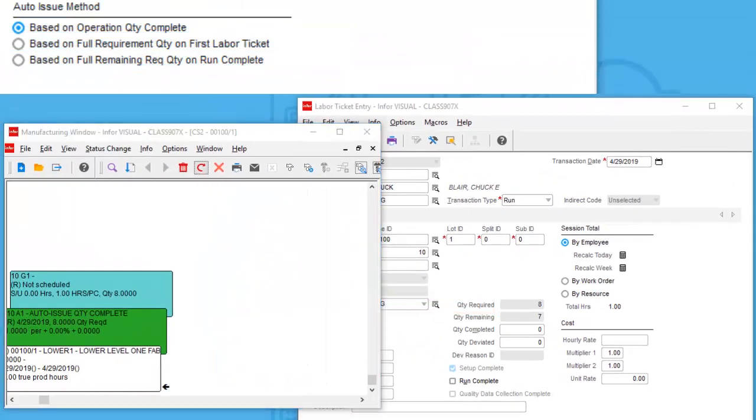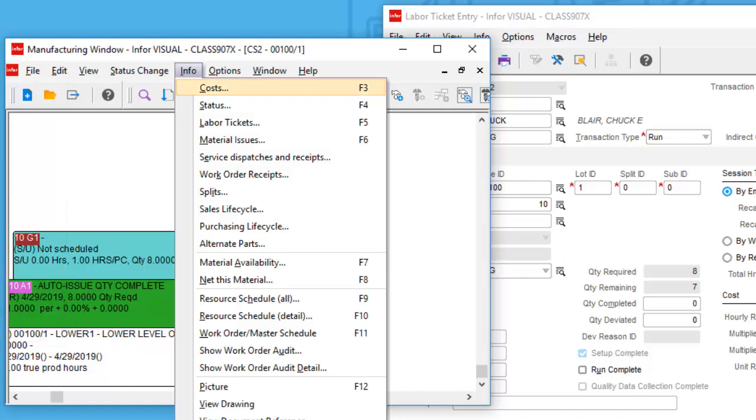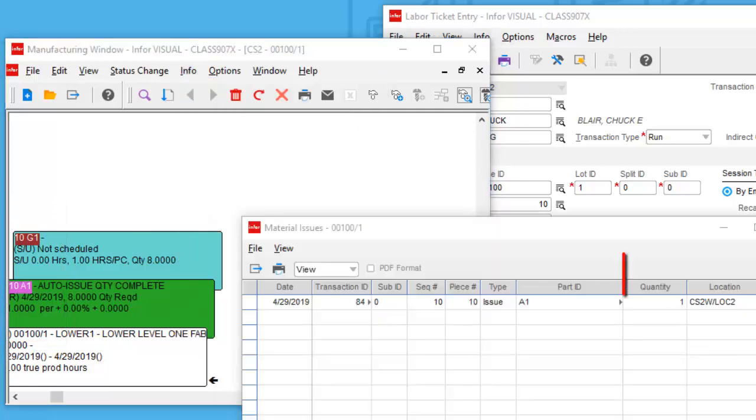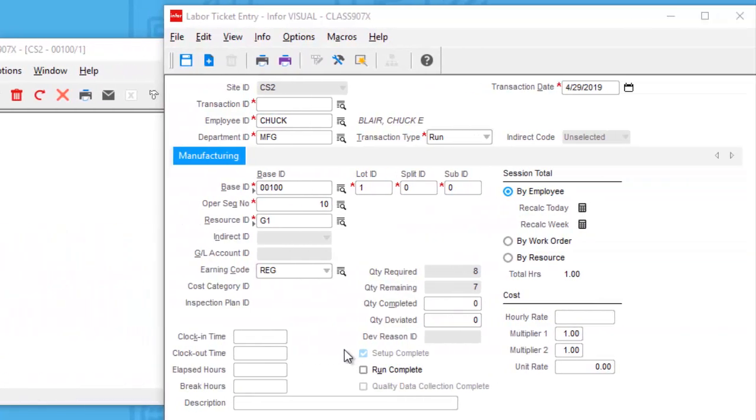Going back to the manufacturing window and I'll refresh, you'll notice that the display updates to graphically show you the 1 being completed. Opening the material issues view, we can see that the quantity of 1 has also been auto issued. Continuing this example, I'm going to go back to the labor ticket entry and I'm going to select Run